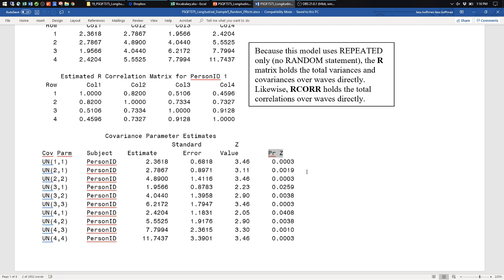But what's the smallest number a variance can be? 0, right? So if you picture this 2-sided sampling distribution, as it gets closer and closer to 0, it's going to bump up against a wall, right? Where the negative part would go, and it has to stop. And the closer you get to 0, the more you want to look at this p-value to see that it's different than 0. So in general, when you have a parameter whose sampling distribution is going to go up against a wall of some kind, then a Wald test can't be right.